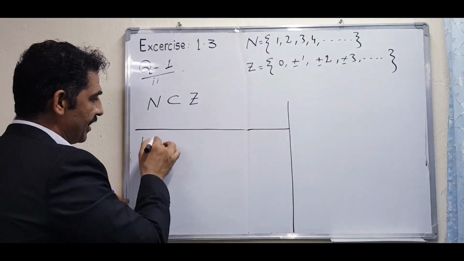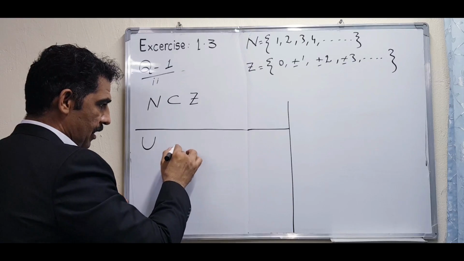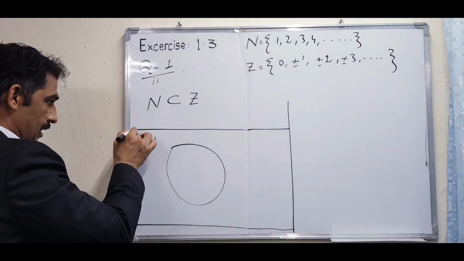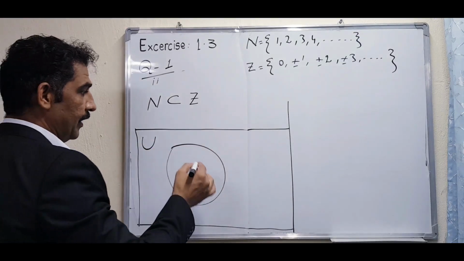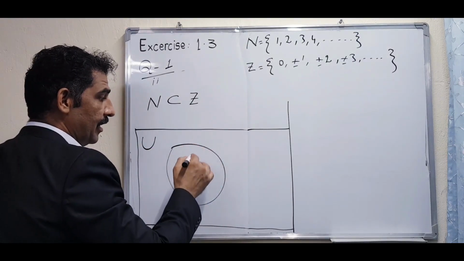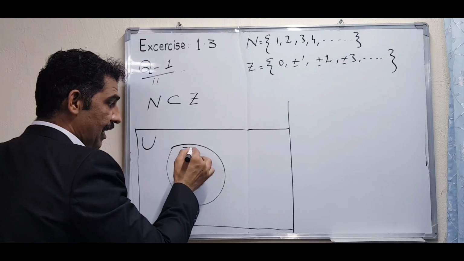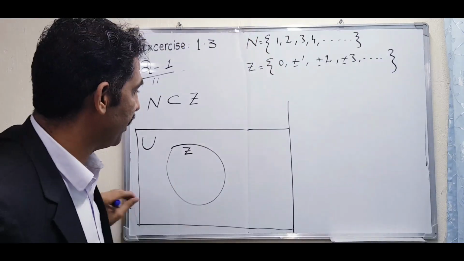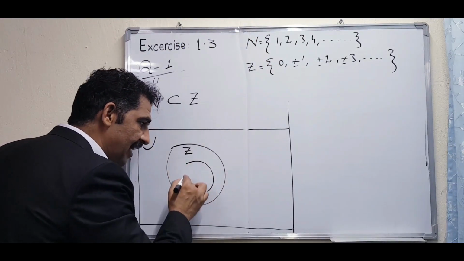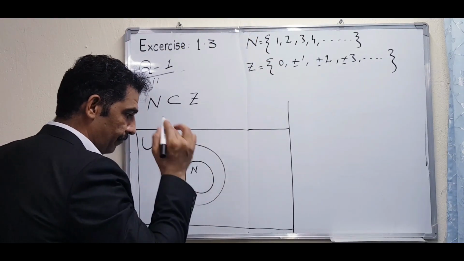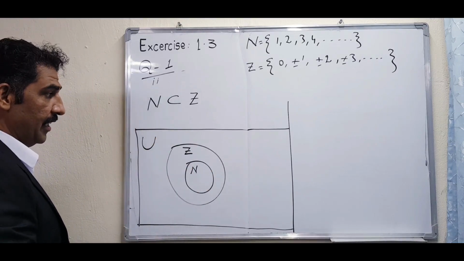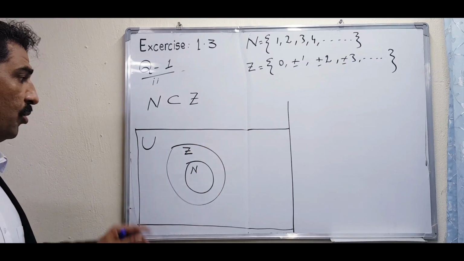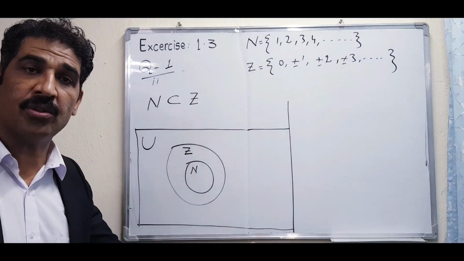That is the universal set. The universal set means the complete box, the biggest set. So this set is Z. Its diagram is not like the one before, because all the elements are present here. So inside there is the set N. Its diagram is like that. When you take the union, the diagram is the same in both, the union of the first property and also in the second property.